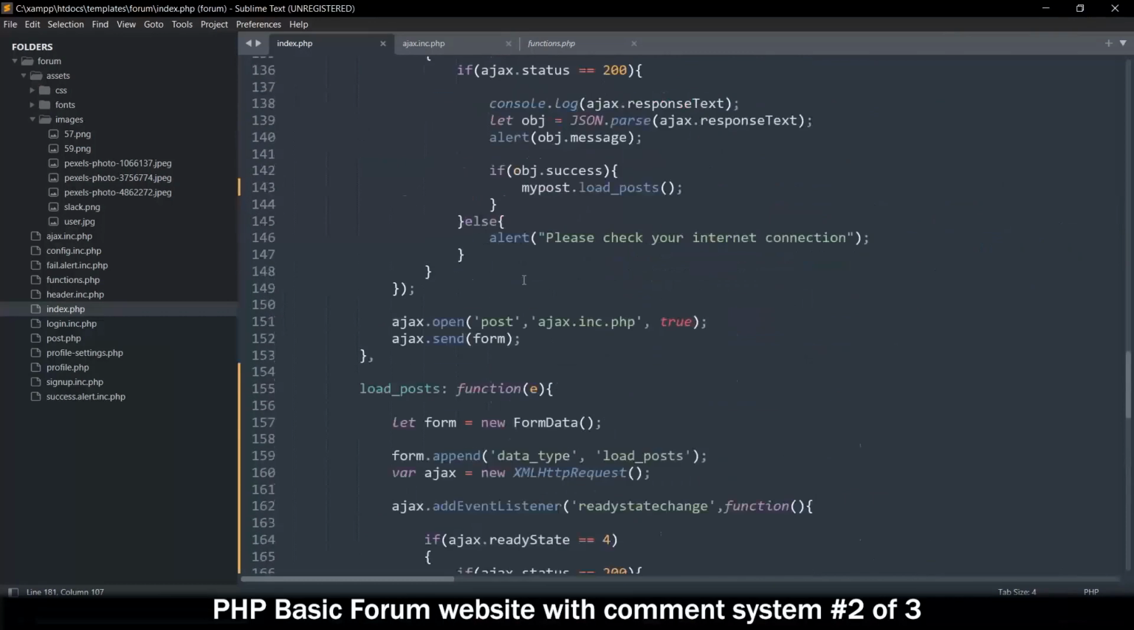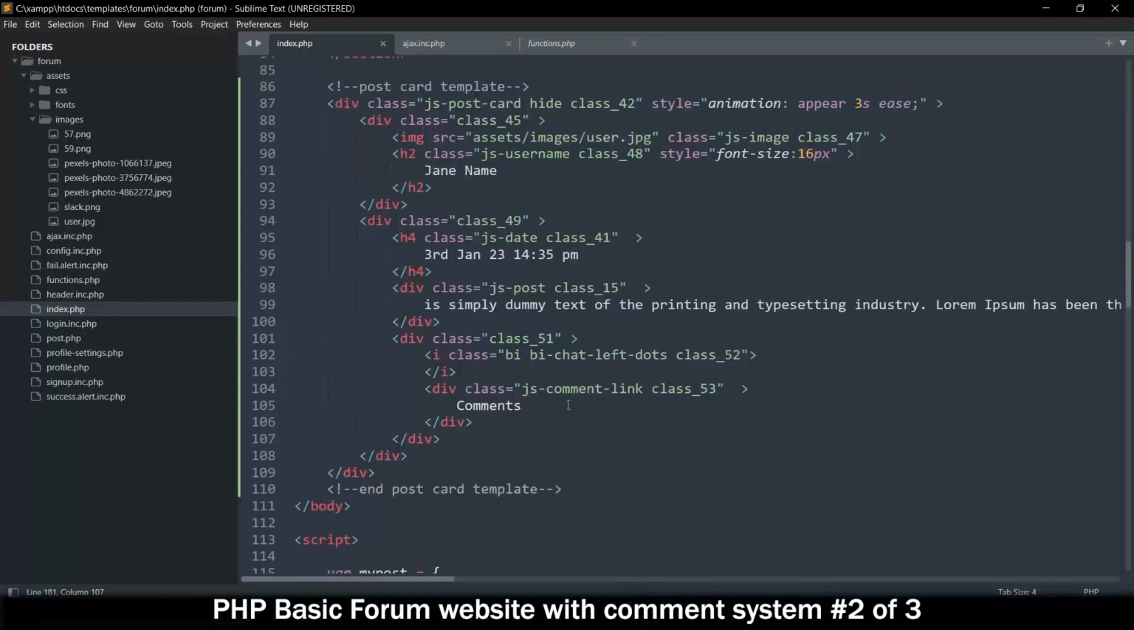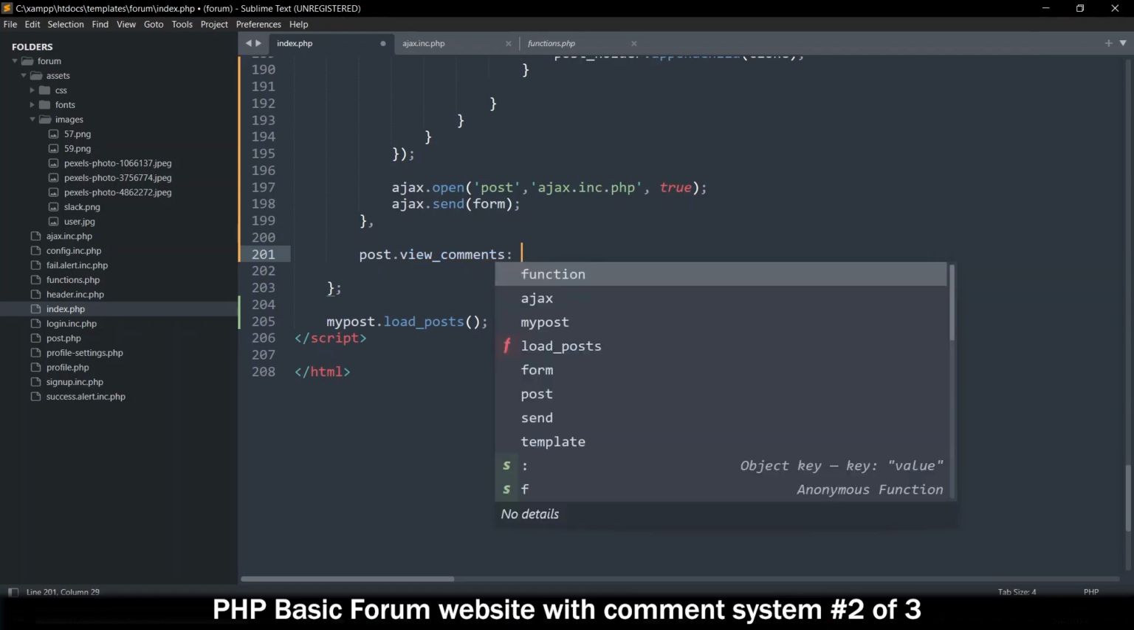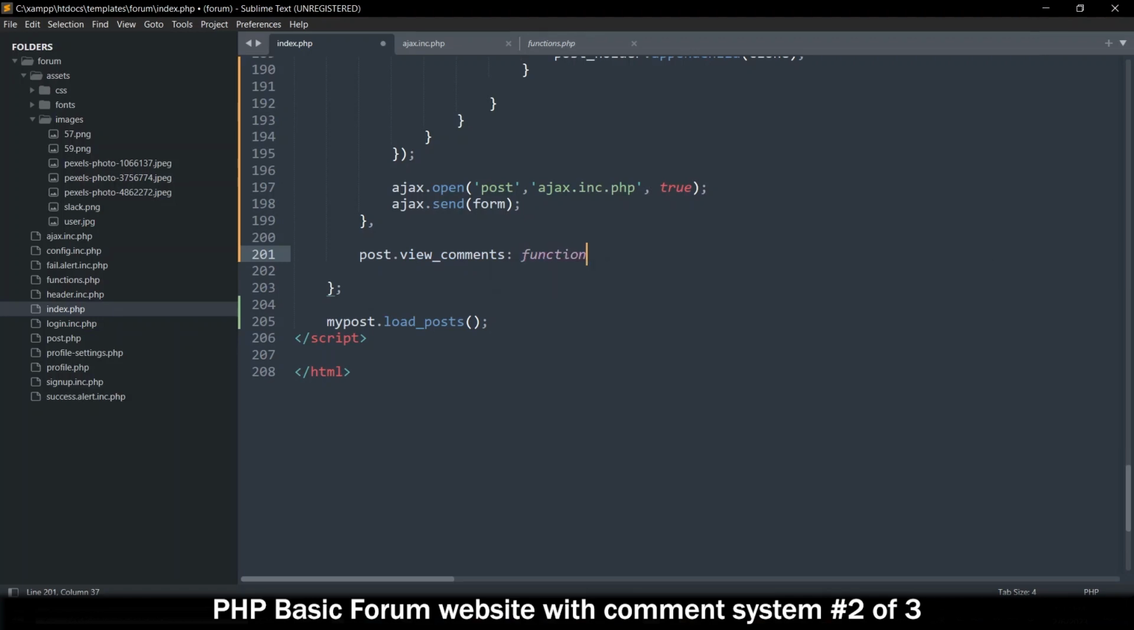Okay, so that should work. But then once we click on that, something should happen. So we need to create a function to do that. So right here, we will create a function called viewComments. This is going to be equal to a function, and let's put a comma. Let's remove this post dot. So viewComments will come with an ID, presumably, and all we need to do is just say